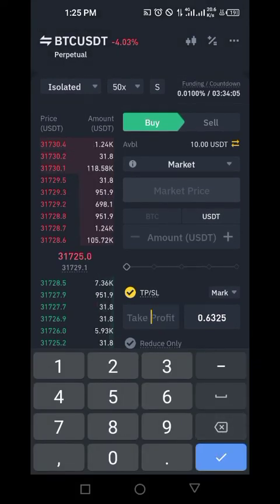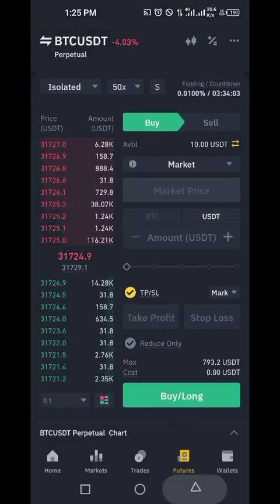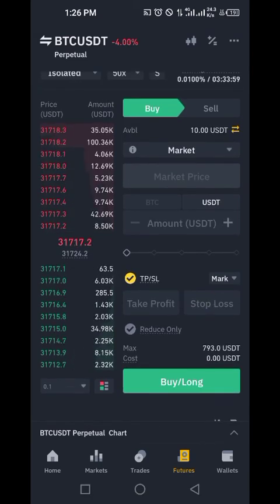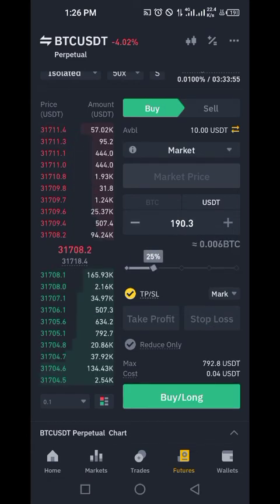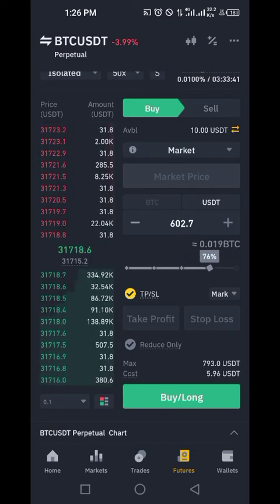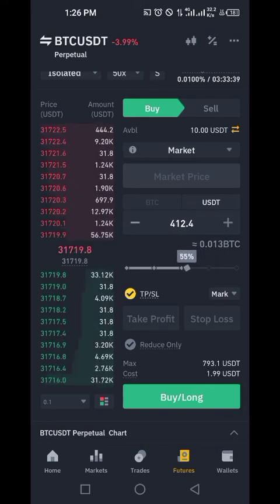Let me read: no stop loss, no take profits, just for an example. So market price, so that it can be executed instantly and we can all see. So let's say I'm entering with 25% of this total amount, which is, don't forget, I'm on isolated, so it doesn't touch the remaining balance. It only touches the amount I'm using to enter the trade, which is 25%. So let's say I'm entering with, okay, let's say